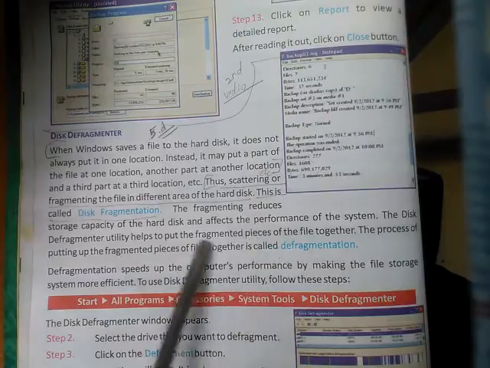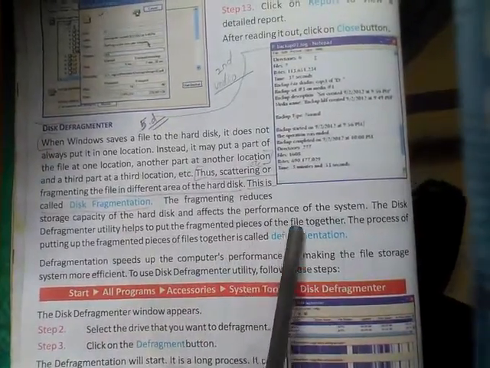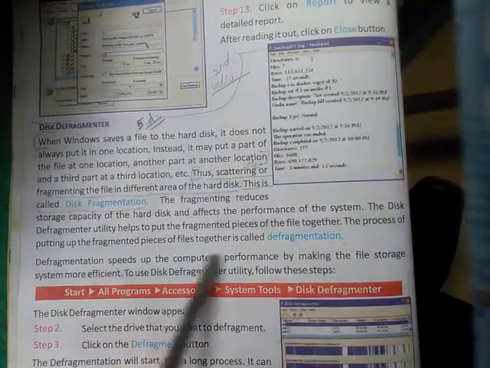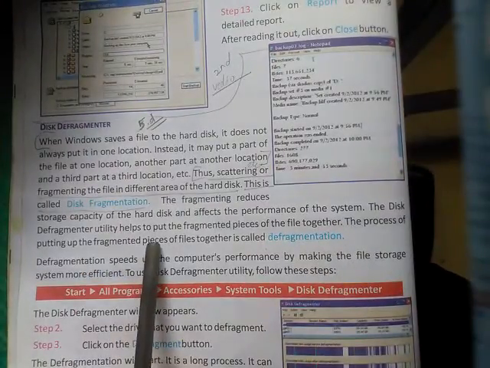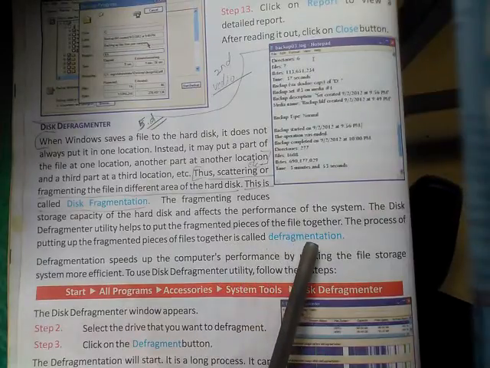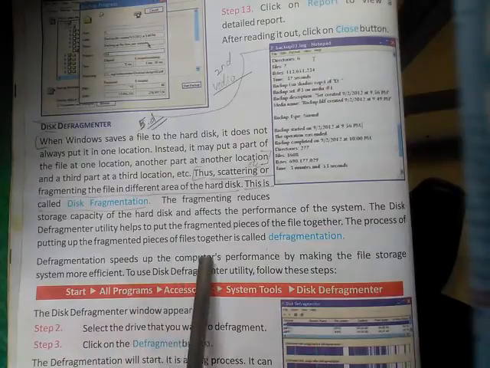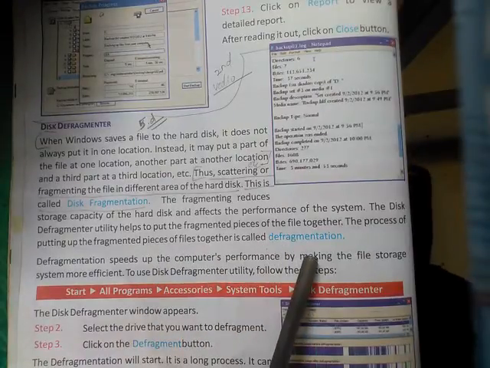The fragmenting reduces storage capacity of the hard disk and affects the performance of the system. The disk defragmenter utility helps to put the fragmented pieces of the file together. The process of putting the fragmented pieces of a file together is called defragmentation,